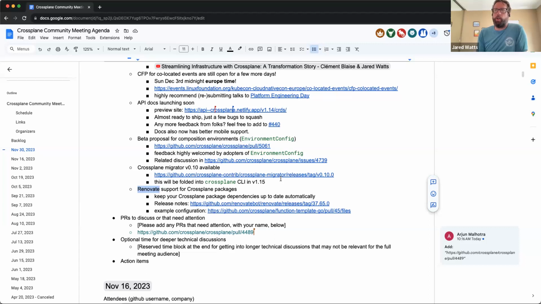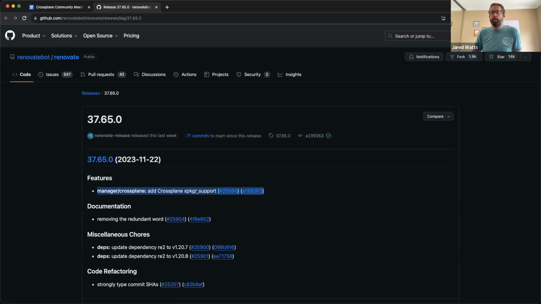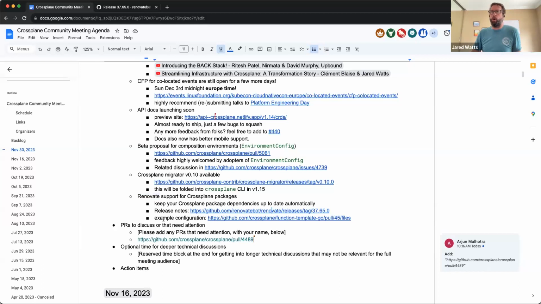Renovate understands Go packages and imports, but it also understands GitHub Actions and all sorts of other types of software artifacts. Philippe did the work to add specific knowledge to Renovate's logic about Crossplane packages. So now if you're using Renovate, you can use it to keep all of the versions of Crossplane configurations, providers, and everything else you depend on